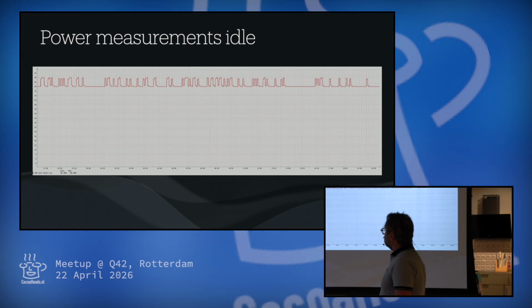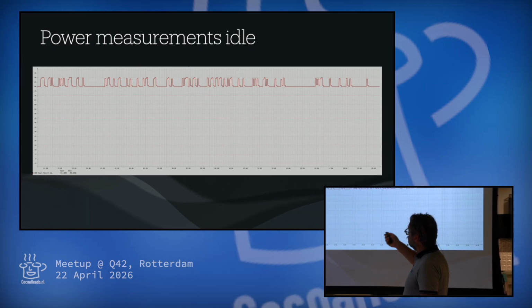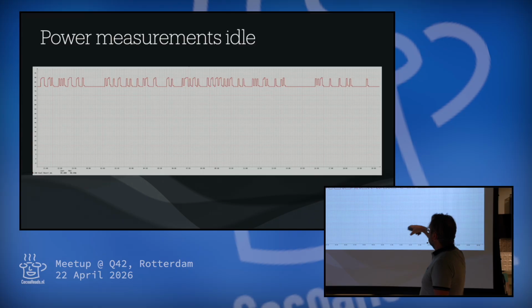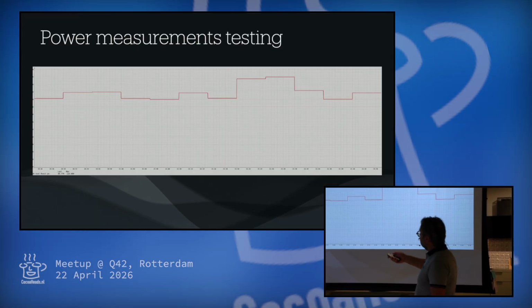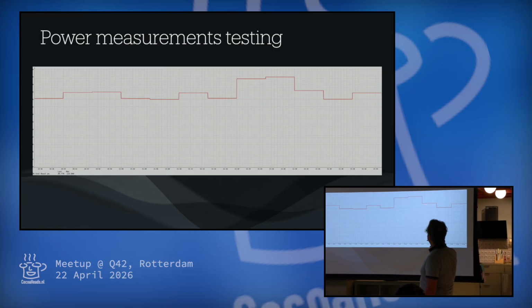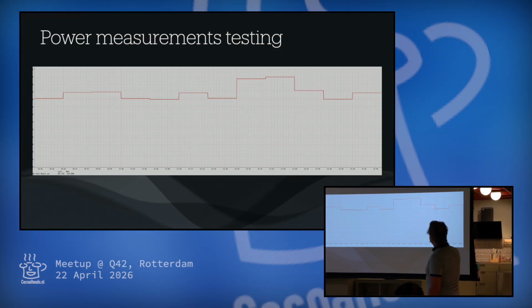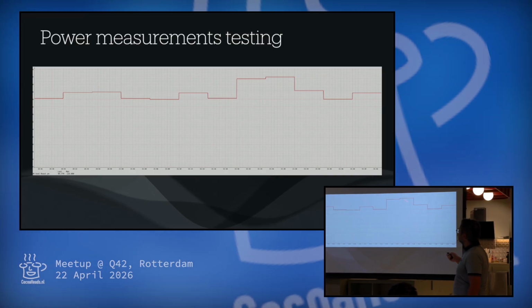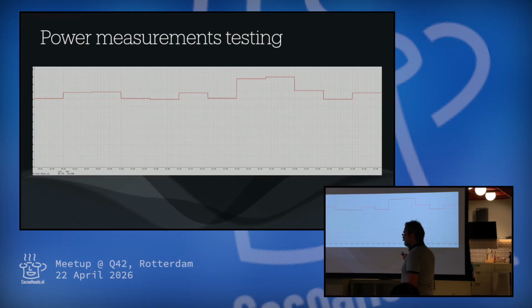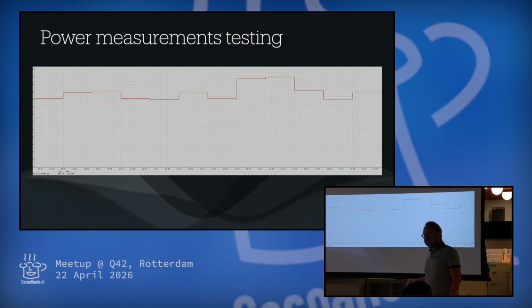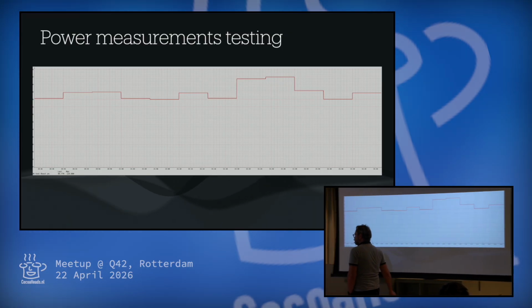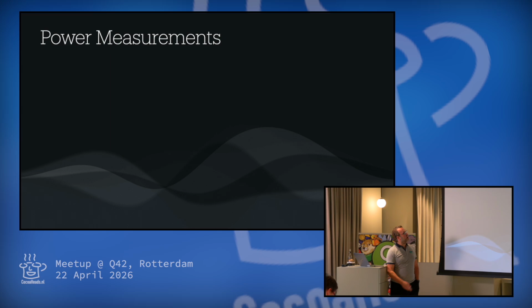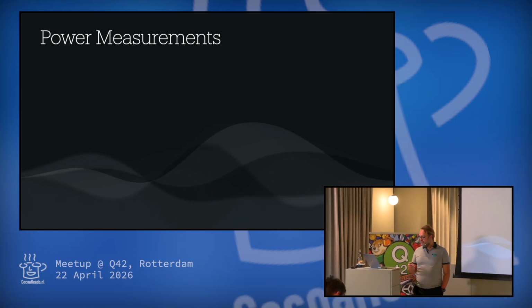So what does it look like? This is a typical server. This was my server when it's running idle. So these are basically doing nothing. And when you do use it, you see it going up a bit and then go down again. You see the scale is not really precise. And this is actually what they use for invoicing you at the end of the month. They say, oh, you use this much, so you get a bill for that. So they do power measurements for money.